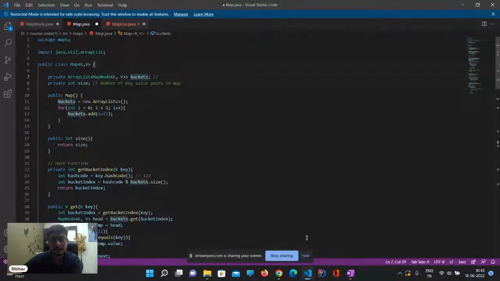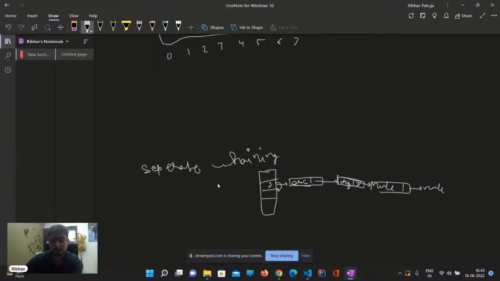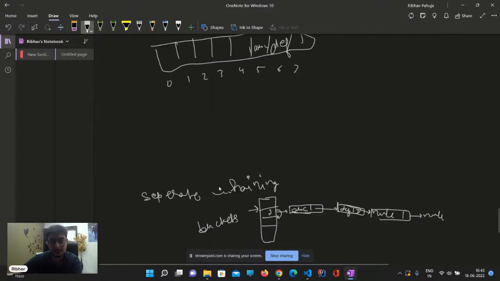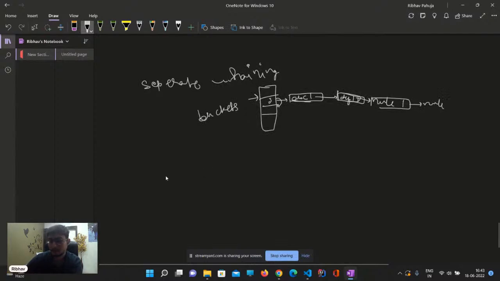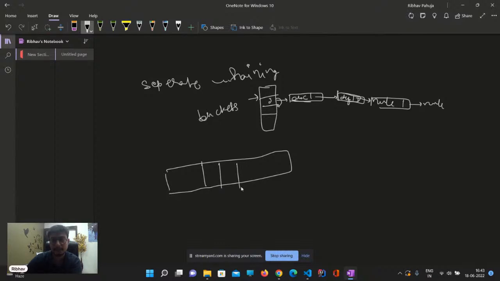Cool. So let's just go over separate chaining once. This buckets is the same as our array list that we were trying to store here. We can either take in the exact capacity of the buckets, or we can initialize it to a size of 3.